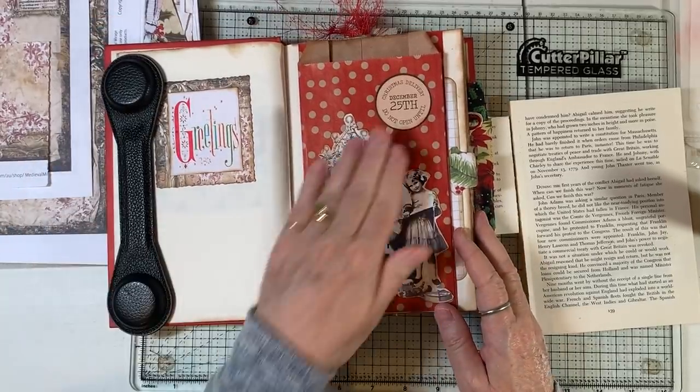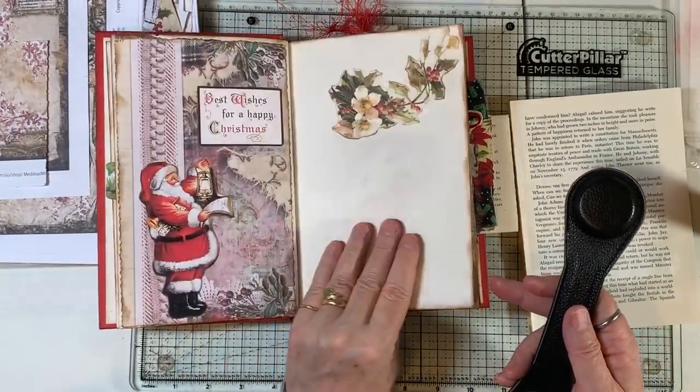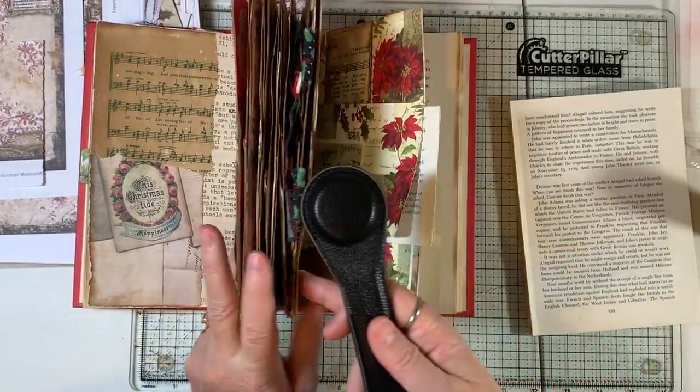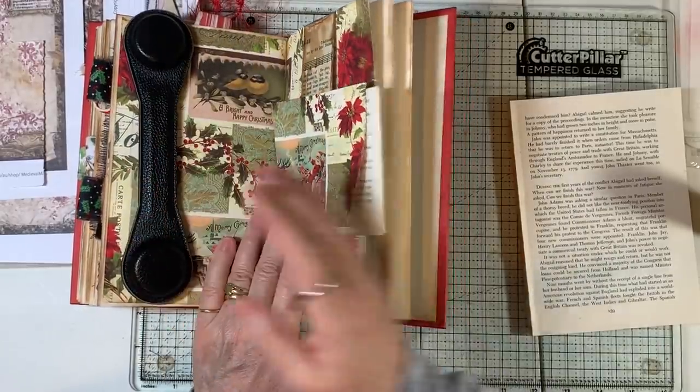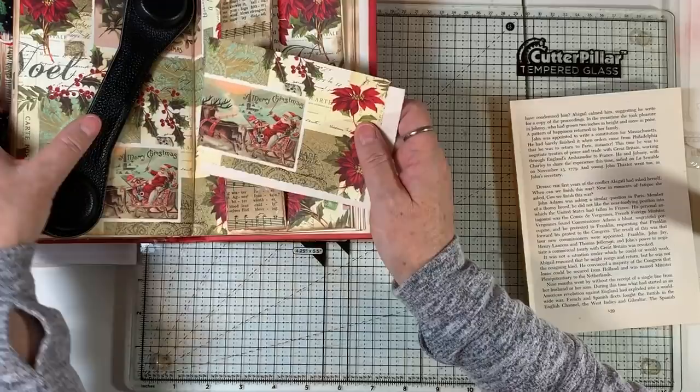Okay, very happy with that. Okay, stenciling will wait till later. So we have all the pages done until here. So like we are getting on the home stretch of this book, I feel. Okay, so